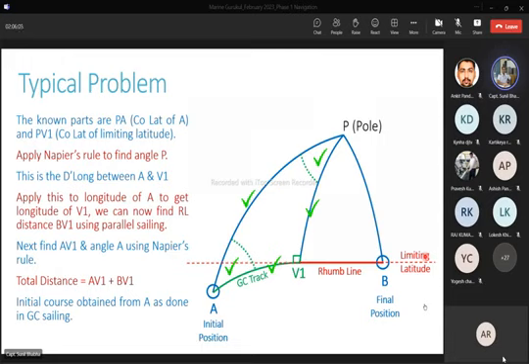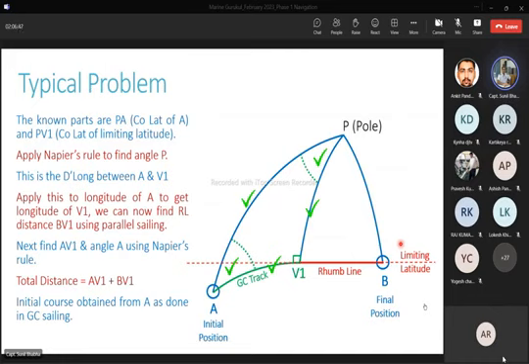There is a second disadvantage of starting with GC. One is, if you initially start with the GC track and you calculate angle A and B, if both the angles are acute angles, then you will have to switch over to composite and you will be wasting some amount of time. Even if one of the angles becomes obtuse and you follow the GC solution, the examiner will have a doubt in his mind that how did you figure out before solving the question that in this particular question composite sailing